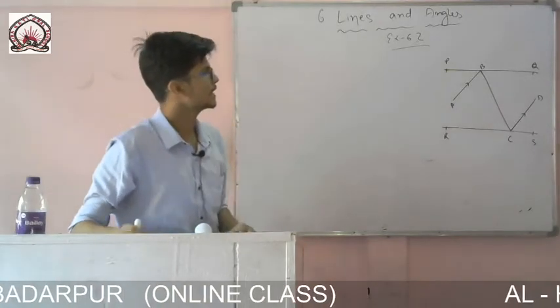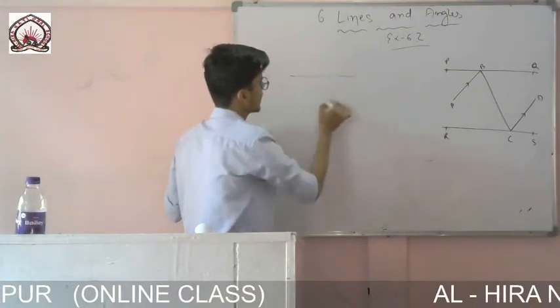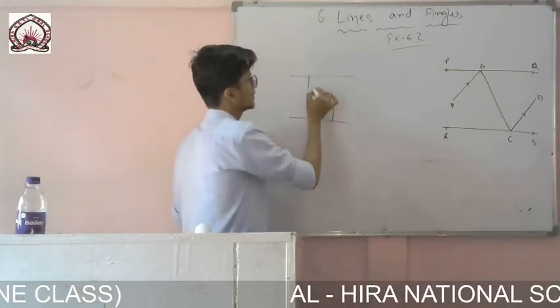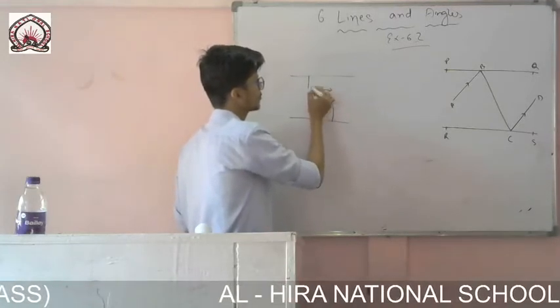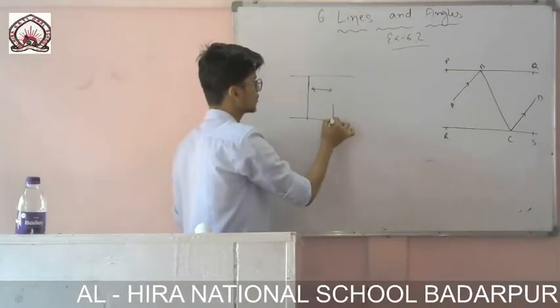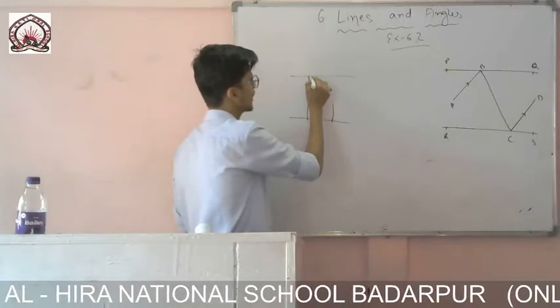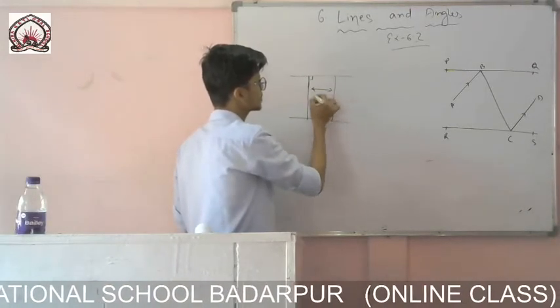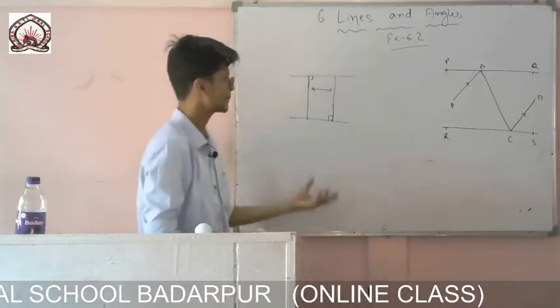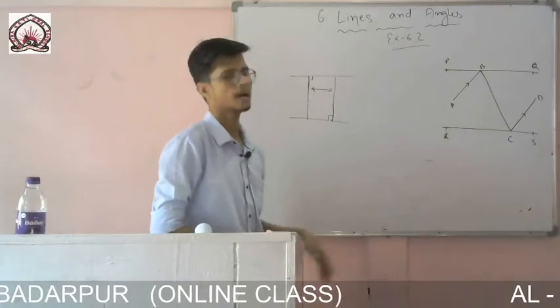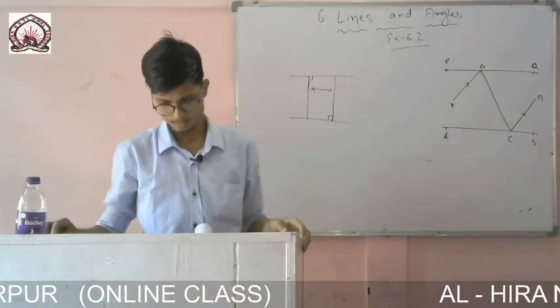One thing you see, if two parallel lines are there, and if I draw two perpendiculars like this in two parts, then they will also be parallel to each other, because the distance will be the same. If I draw a perpendicular from this line, and another one from that line, these two will also be parallel to each other. So perpendiculars drawn on parallel lines are again parallel to each other. So one I have got.